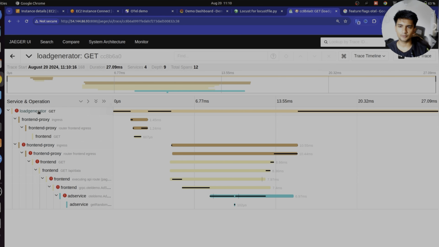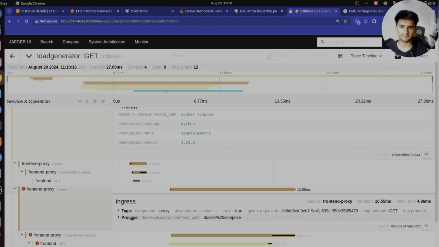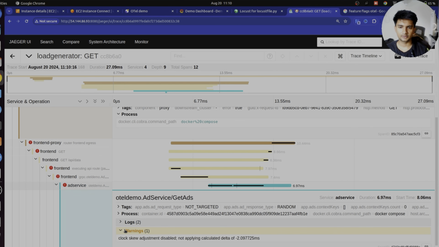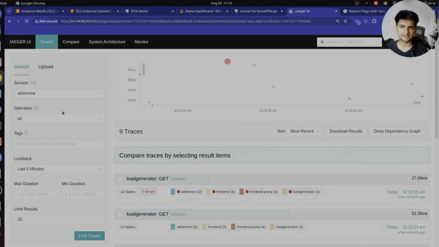So the error starts from the load generator here, and you can also get more information on why this is coming up here. Then we can see the error in the front-end proxy, also in the ad service here. So using this you can understand why the error is received. Let's also check a few other microservices. So let's check the traces for the microservice named frontend. I'm going to click on find traces here,